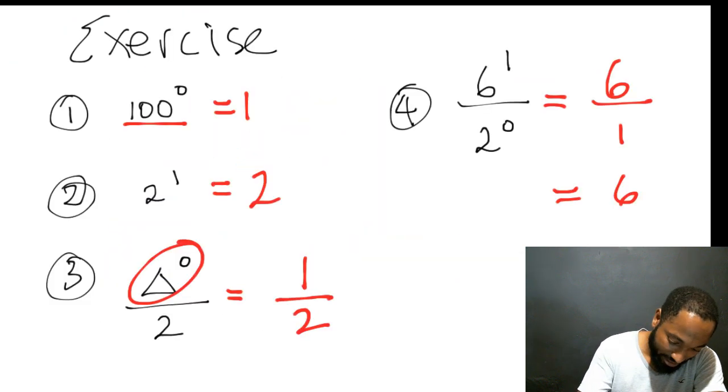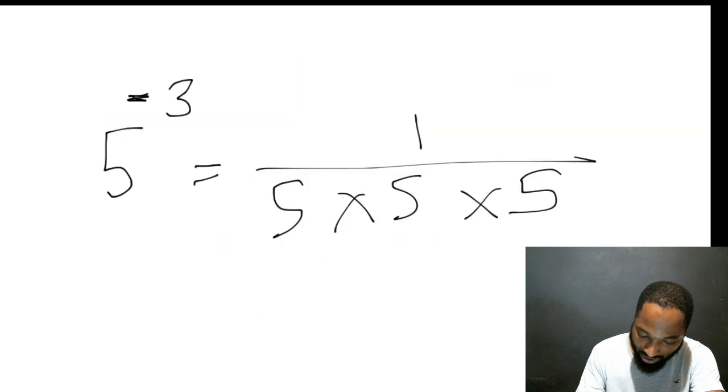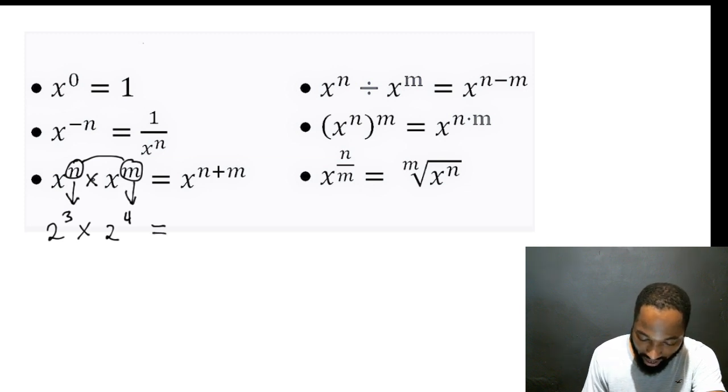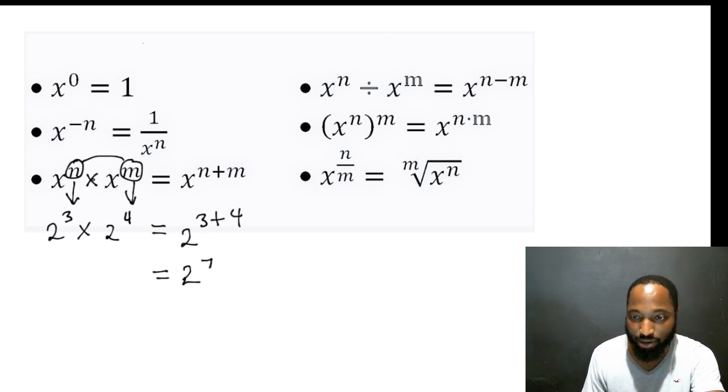Let me put these rules on a new page. So look up there again. The rule is saying, and remember this just means multiply, if you're multiplying and you have n and m, remember n and m for us just now was 2 to the power of 3 times 2 to the power of 4. So n was 3 and m was 4. If you want to find the answer, just add them up. When the bases are the same, you add the powers.